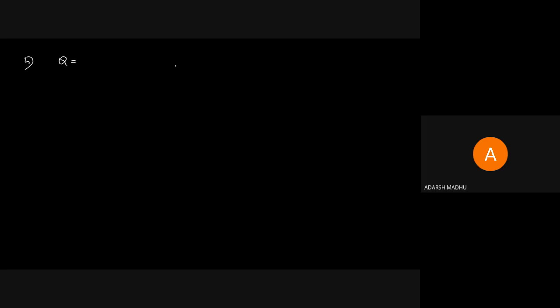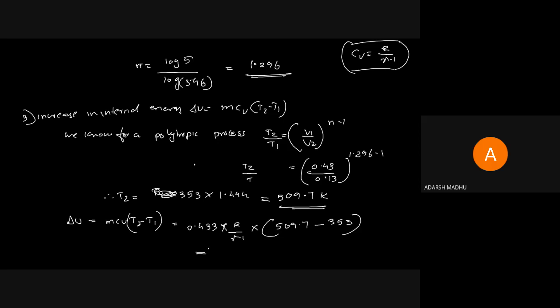Q നമുക്കറിയാം, ഇക്വേഷൻ നമുക്കറിയാം, ദാറ്റ് ഈസ് U2 minus U1 plus W or delta U plus W. Delta U നമുക്ക് ഇവിടുന്ന് കിട്ടും. And thereafter we want to find the W. So for W, for a polytropic process, we know that W equal to, for the last class we had derived the value of particular W equation. For a polytropic process, W equal to